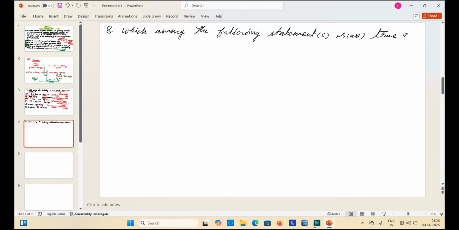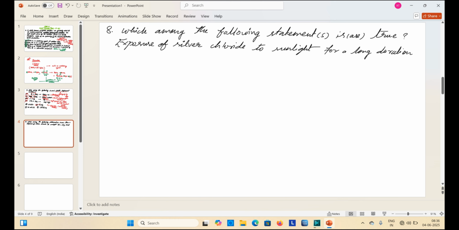The statement is: exposure of silver chloride to sunlight for a long duration turns grey due to